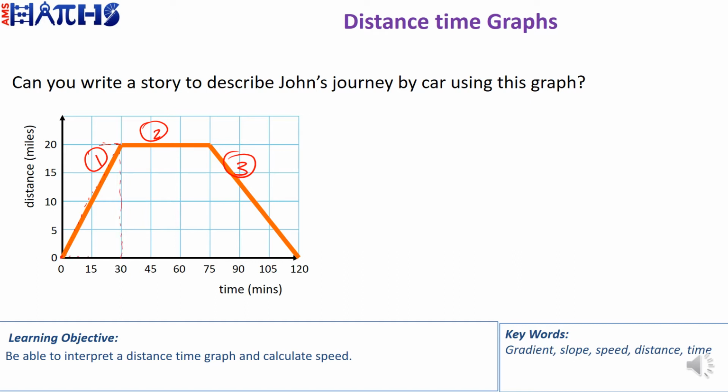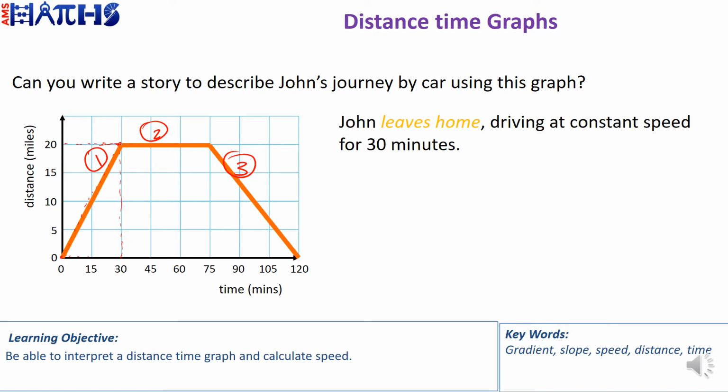So it took him 30 minutes to drive 20 miles. And so for the first section of our distance time graph, we could say that John leaves home, he drives at a constant speed for 30 minutes,